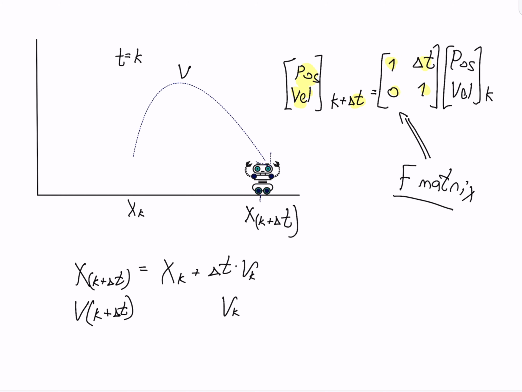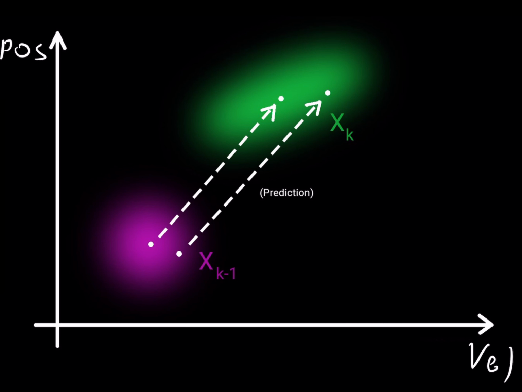Let's see a graphical representation of what I just showed you. This graph describes two dimensions of velocity and position. In essence, every point on the graph describes 2 values, one of velocity and the other position. For example, this is where I am at x of k minus 1, the previous state. I am only in one spot, right? I have a specific velocity and a specific position. This is v at k minus 1 and this is p at k minus 1. If that is the case, why do I have a circle?